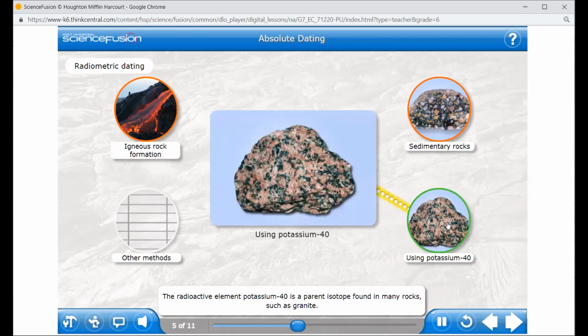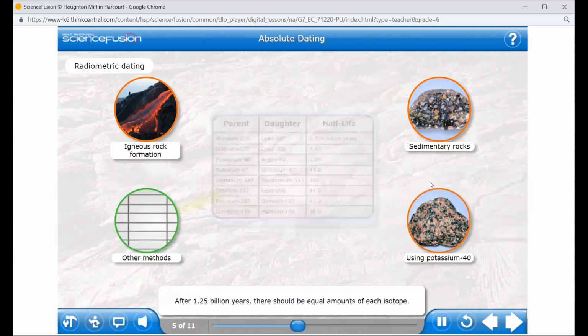The radioactive element potassium-40 is a parent isotope found in many rocks, such as granite. The daughter isotope is argon-40. The absolute age of a potassium-bearing mineral is found by the potassium-argon method of absolute dating. The amounts of parent, potassium-40, and daughter, argon-40, isotopes are determined in the mineral. The half-life of potassium-40 is 1.25 billion years. After 1.25 billion years, there should be equal amounts of each isotope. Other methods of absolute dating, which work in a similar way, are shown in the